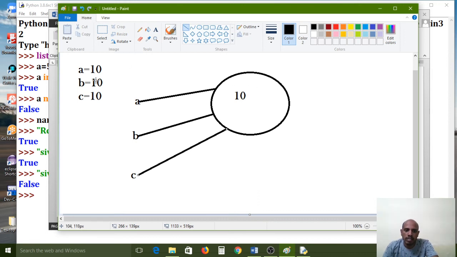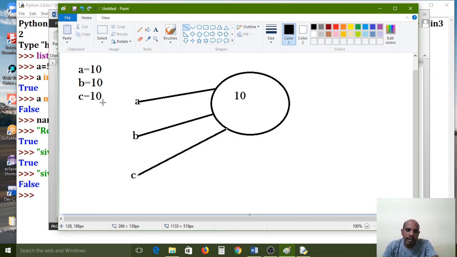ఒకసారి మీరు ఒక వాల్యూ ఇస్తే a equal to 10 కాబట్టి first a value will be assigned, it will allocate the memory for the 10 value. After that b value is also declared with the same value. First it will check in the memory whether the value is available or not. If it is available, the b variable is also pointing to the same memory.